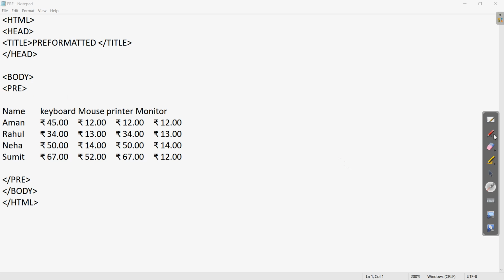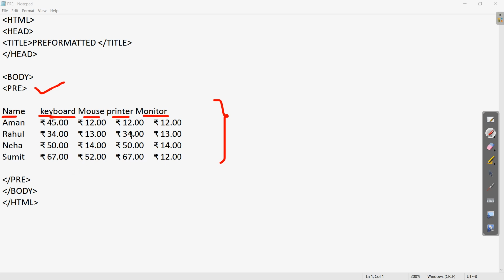Clear? So this pre tag which we have written is going to be used for keeping this formatting. Here you can see that we have written some data in the form of rows and columns. Earlier in Excel also we have seen similar examples. Here different names are there and the cost of different items. Clear?